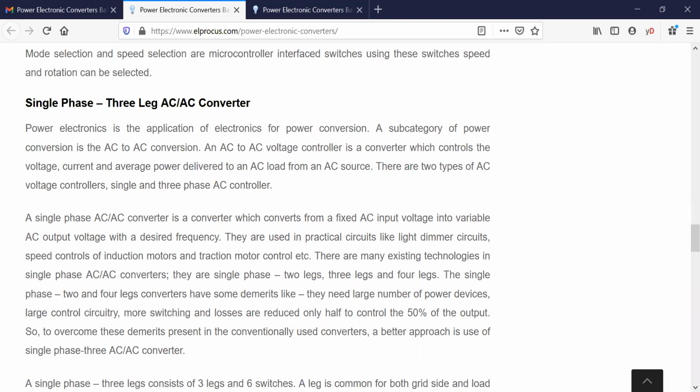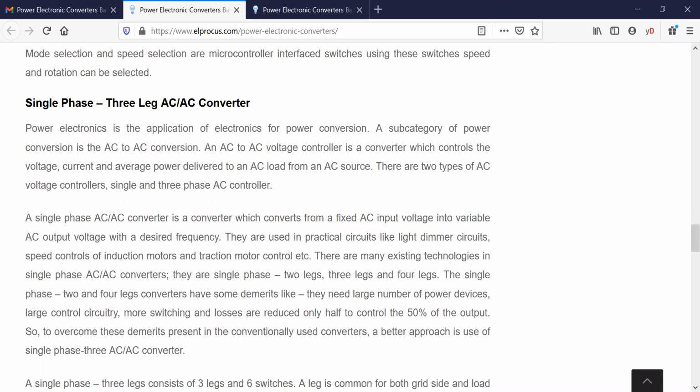So there are some existing technologies, single phase AC to AC converters. They have a single phase and two legs, or three legs or four legs. For single phase we are giving the phase and neutral. Single phase 2 or 4 leg converters have demerits too, because they need a large number of power devices, large control circuitry, and switching and mode losses will be there. So only half, that is 50%, of the output can be controlled. To overcome these demerits of the conventional converters,